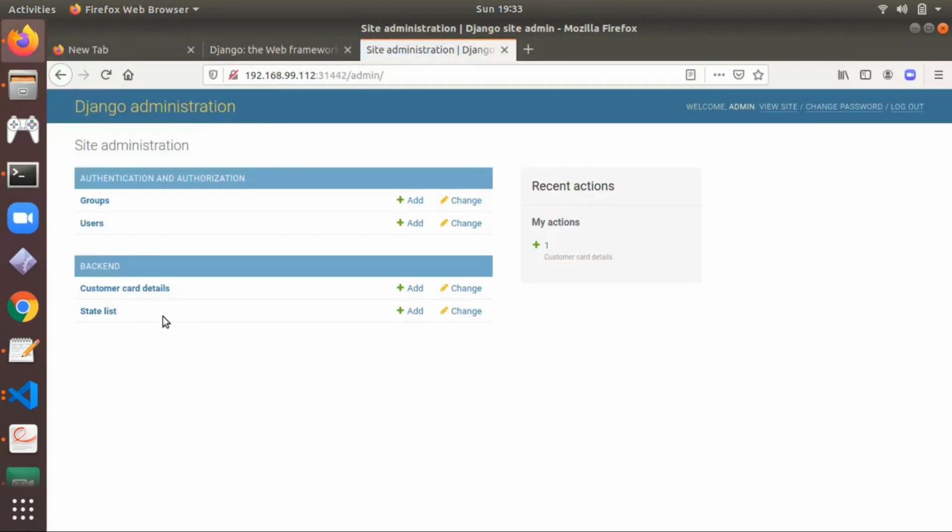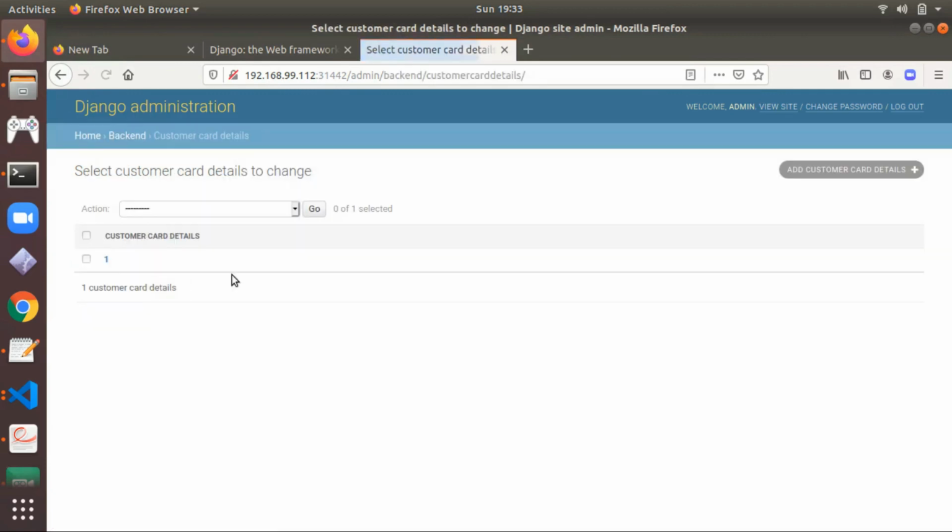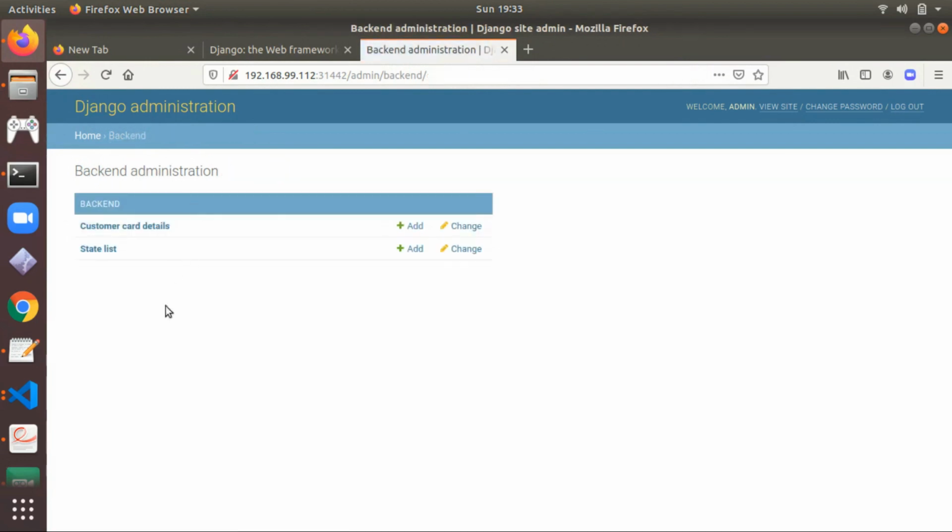And now if I check this, my previous data is also there, using the persistent volume, and the new migrations are also applied. So the new table I can see here. And now if I have any more requirements, then we can use the same flow.